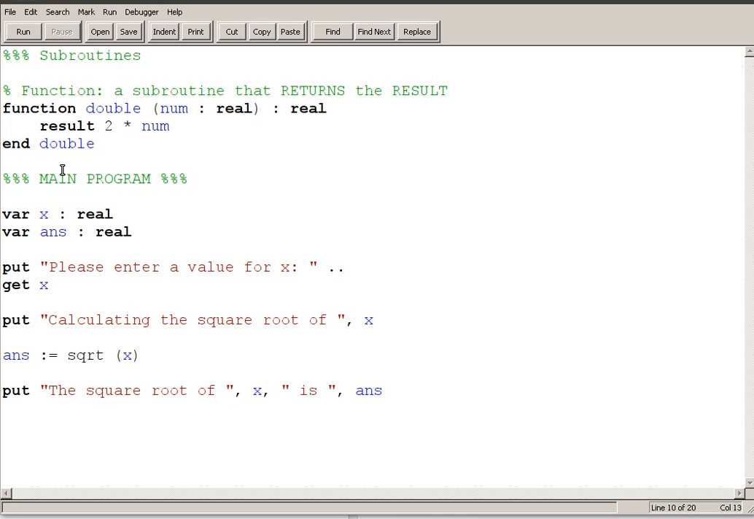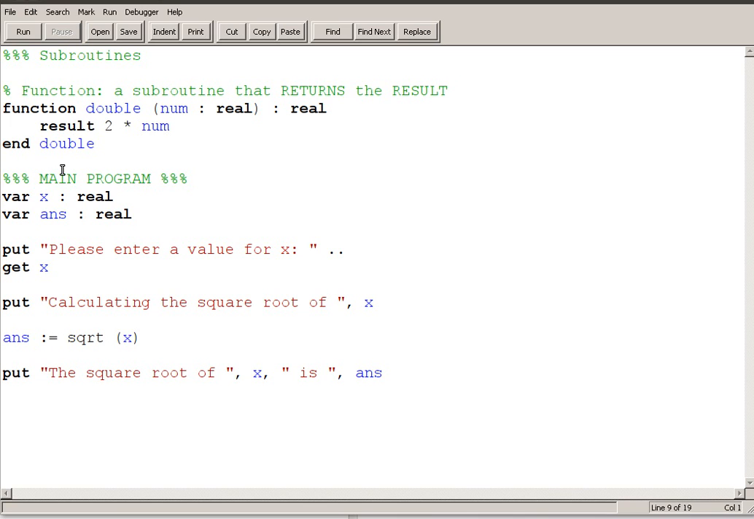And in this case, what am I going to do? I'm going to keep these variables. I have a variable x, I have a variable answer. Please enter a value for x. And now, instead of calculating the square root, I am going to